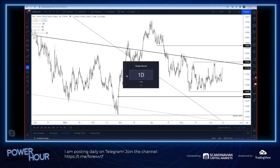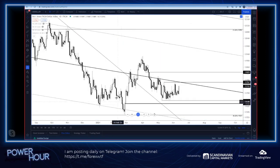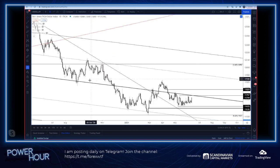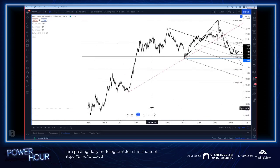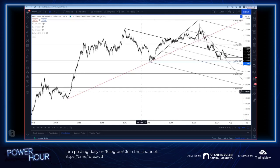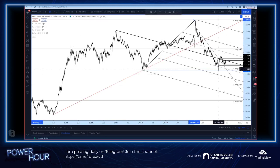All right, so going to the daily chart. How many times have we looked at this chart over the last couple of months? A lot. It has been a brutal range since early May. We've gone absolutely nowhere, and you could argue even since mid-December. I'm still looking at this as a very large base to work higher from. If you are wondering why, there are several reasons. Notably, you've got the entire rally from 2012 to 2020, and the 38.2 retrace of that rally nailed support back in February. You've also got, obviously,